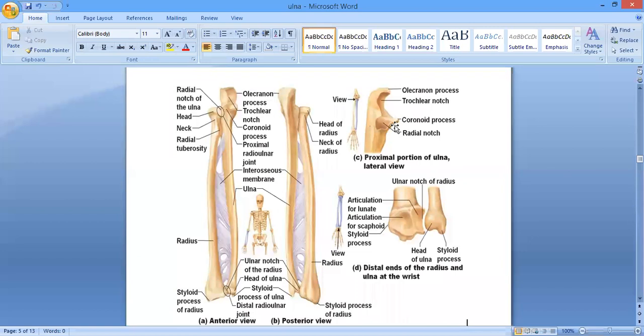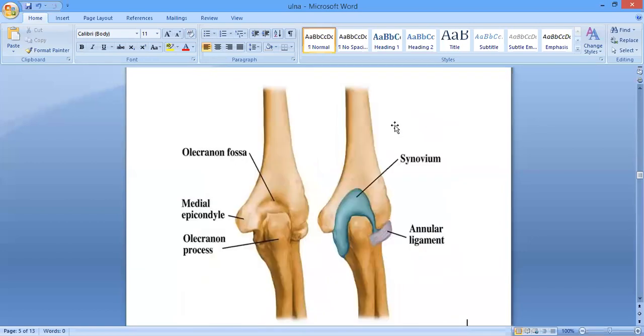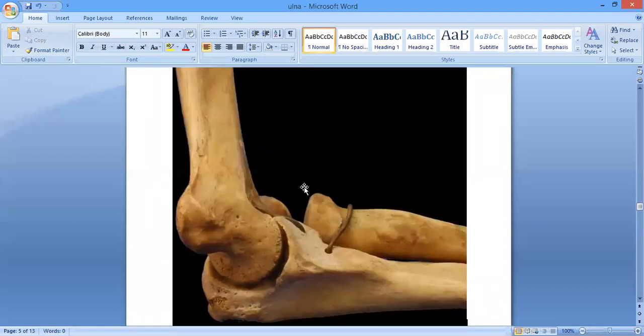When there is a flexion of the elbow, where will this be received? In the trochlear region, in the coronoid fossa on the lower end of the humerus. Did you forget? On the anterior side of the lower end of the humerus there are two fossas. One is the radial fossa and the other one is the coronoid fossa. The radial fossa is for the radial head, and the coronoid fossa is going to receive